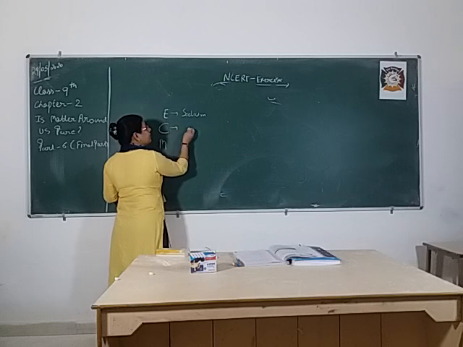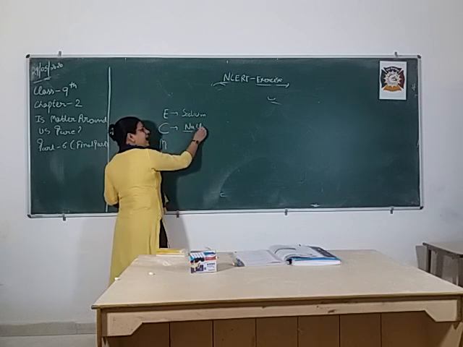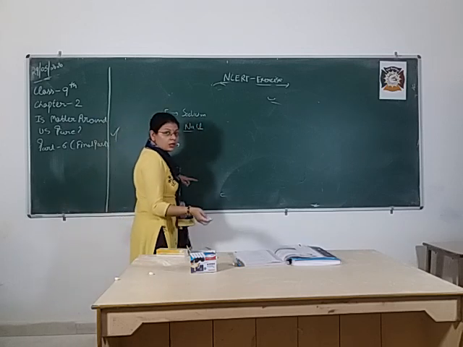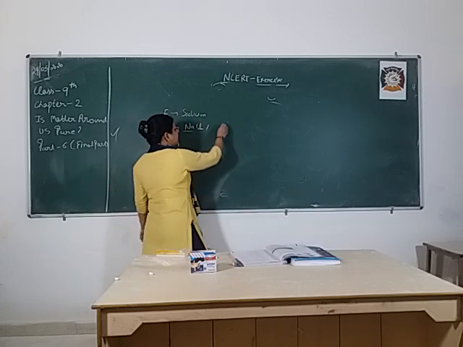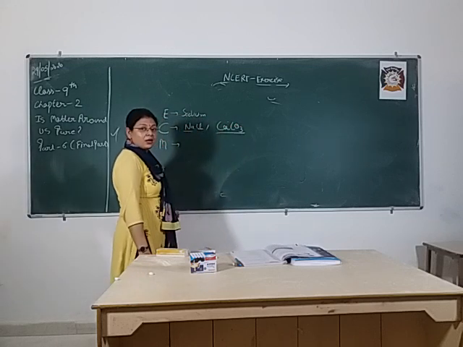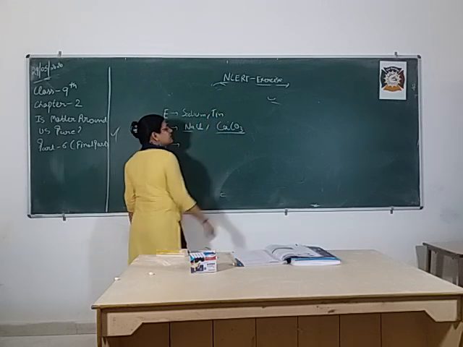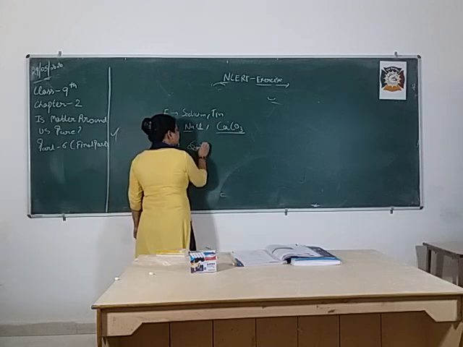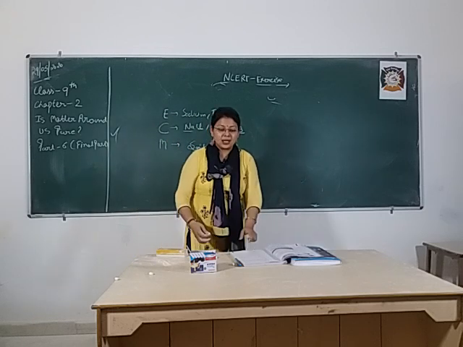Sodium is an element, but sodium chloride, that is NaCl, is a compound, because here we are having sodium as well as chlorine particles, so it is a compound. Here we are having calcium carbonate, that means CaCO3. It's a compound. Okay. Tin. Tin is an element because tin is a metal and it is not combined with any other thing. And soil. Soil is a mixture because a number of components are mixed together in the soil, so it is a mixture.